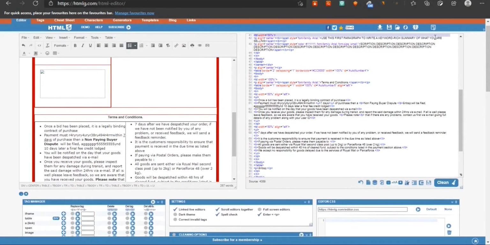You have to copy this HTML code and paste in your eBay description.